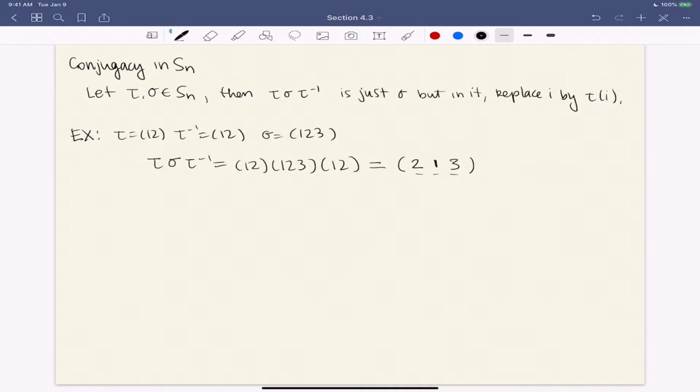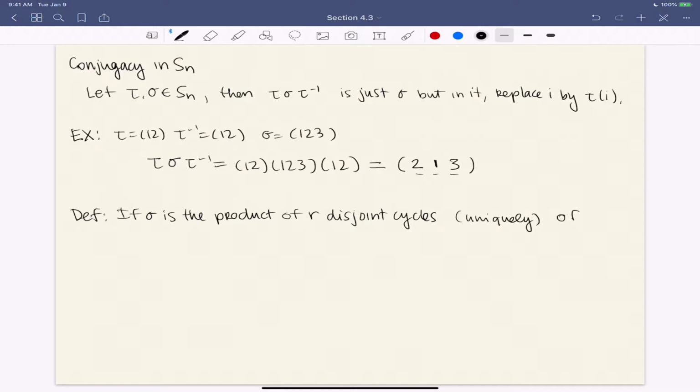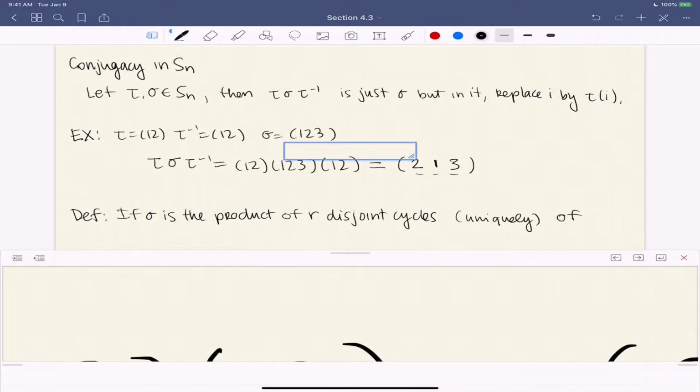And I want to make this more precise. So definition: if sigma is the product of r disjoint cycles, and this is unique, right? The decomposition into disjoint cycles is unique for elements of S_n. So sigma is the product of each disjoint cycle of lengths